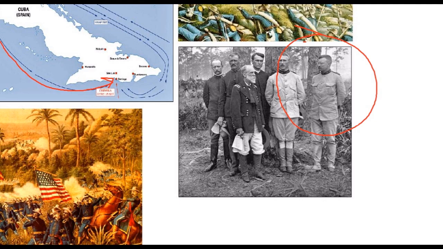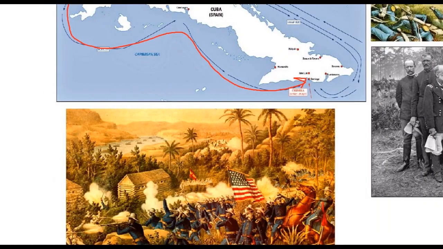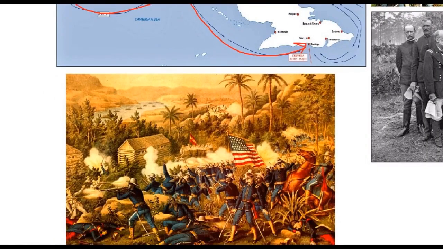And of course, along with the Rough Riders, ably assisted by a number of regular Army troops, including African-American soldiers of the 9th and 10th U.S. Cavalry and 24th and 25th U.S. Infantry Regiments, who really did the bulk of the fighting, suffered the bulk of the casualties, and really helped Theodore Roosevelt and his Rough Riders achieve the ultimate victory. And of course, in many ways, Roosevelt and his Rough Riders become the famous fighters of the battle, and we largely forget about the African-American troops of the 9th and 10th U.S. Cav and the 24th and 25th Infantry Regiments.